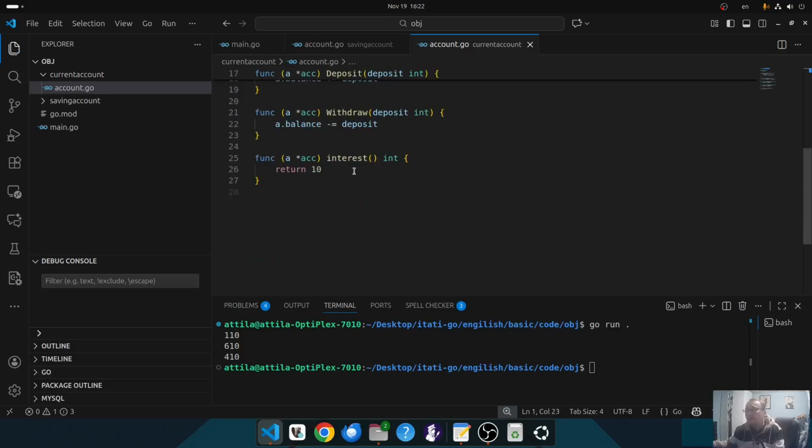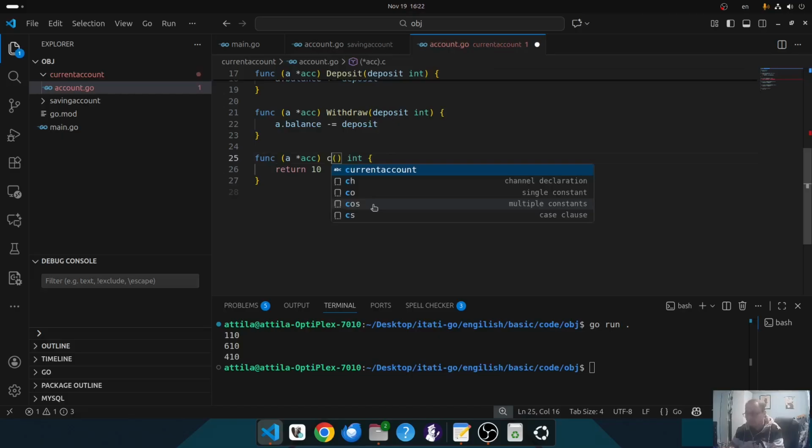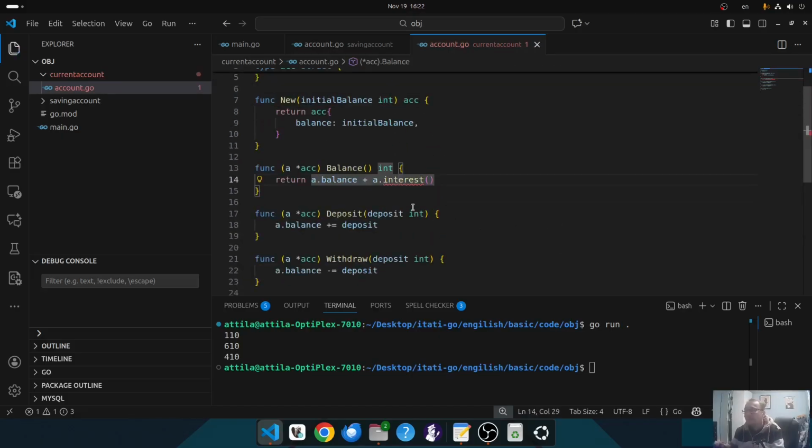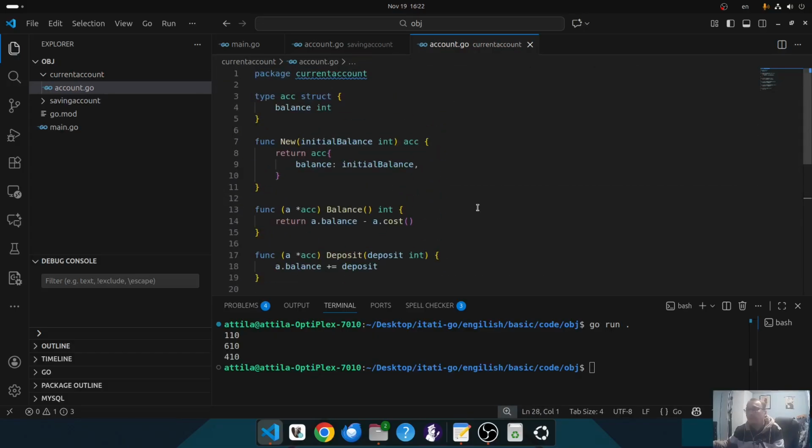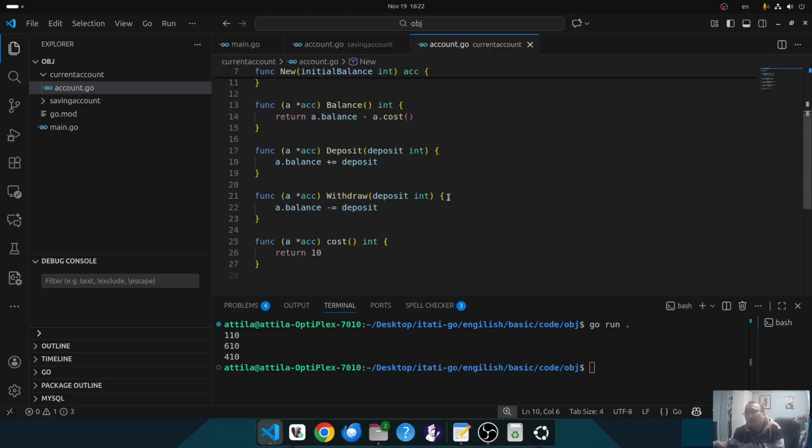And instead of interest, let's say cost, and the cost is 10. So it will be a minus r.cost. Just for simplicity. Obviously, in a real banking system, this is not how we calculate costs and interest. So I have two different implementations,